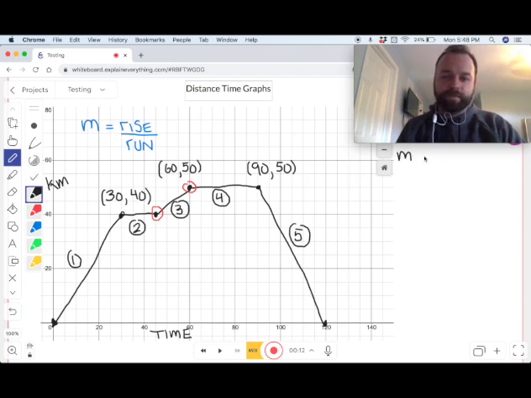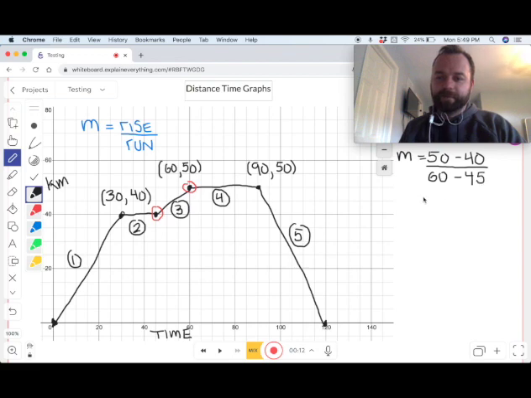So I'm going to find the slope between those 2 points, and I'm going to start by finding the difference in the y values. That'll give me the rise. 50 minus 40. Okay, Costco's 50 kilometers from my house. Aldershot was 40. What's the difference? And then I can find the run by finding the difference in my x values. 60 minus, and this is tricky here, this is 45 minutes. So 60 minus 45, and I get